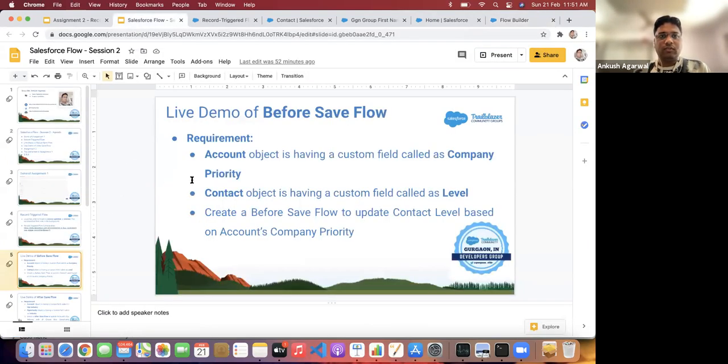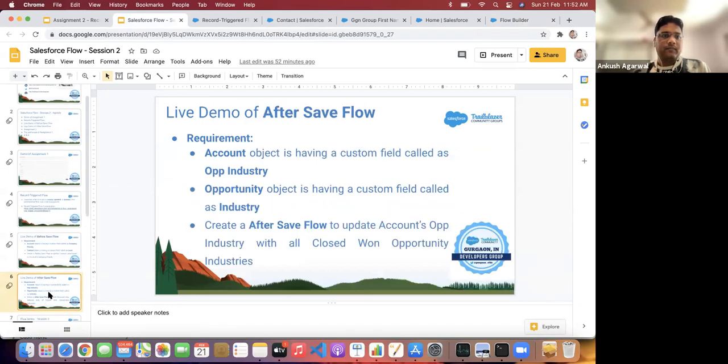So let me show you. For this after save, again, I created a few custom fields. I'll be using the account object, where I created the opportunity industry. Then on opportunity, I created an industry field.